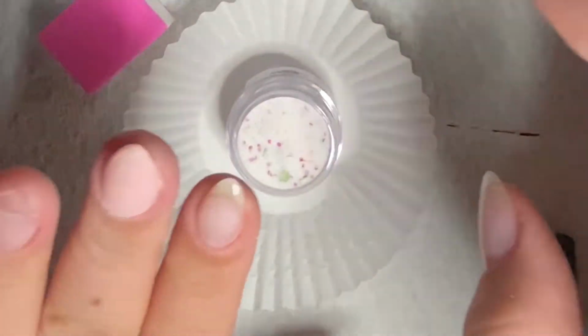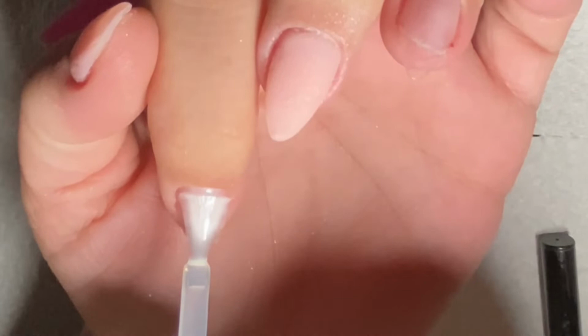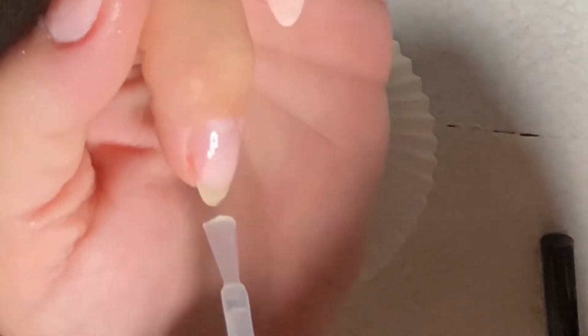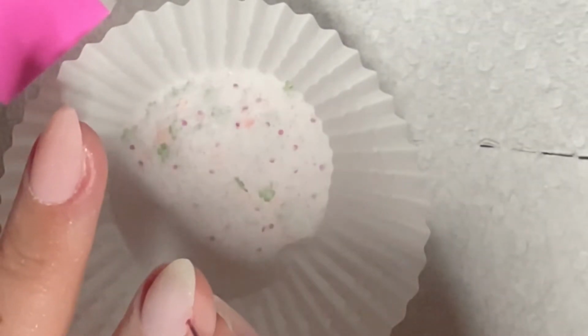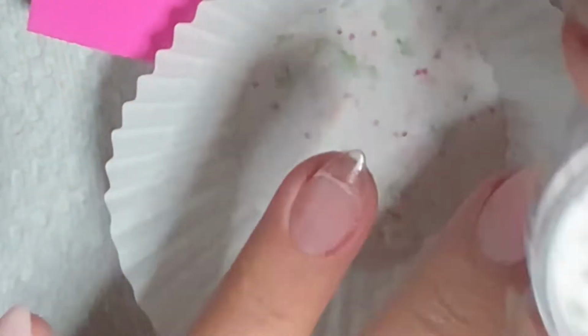Now I'm going to go in with the Kiss Me, I'm Irish, and I'm going to be doing 2 dips on my index and ring finger. And for the first layer, I'll pour over as usual with my glitters. I usually do the first layer by pouring over, and then I'll dip flat into the dip for the second layer. And a lot of times I'll individually place the glitters in spots that are missing some, which this here